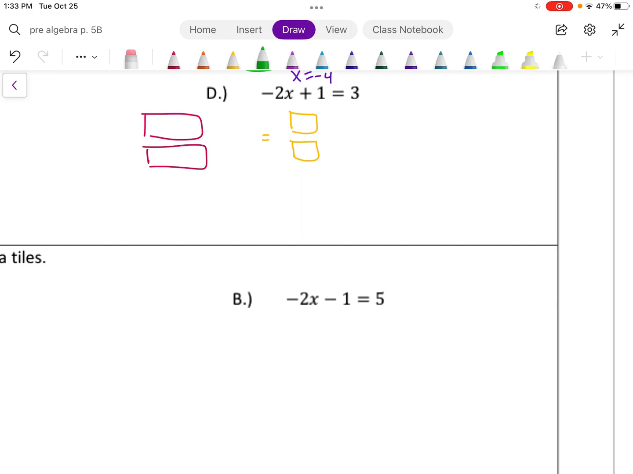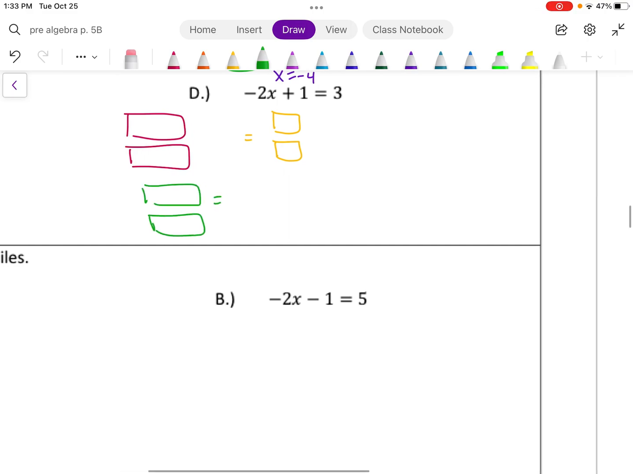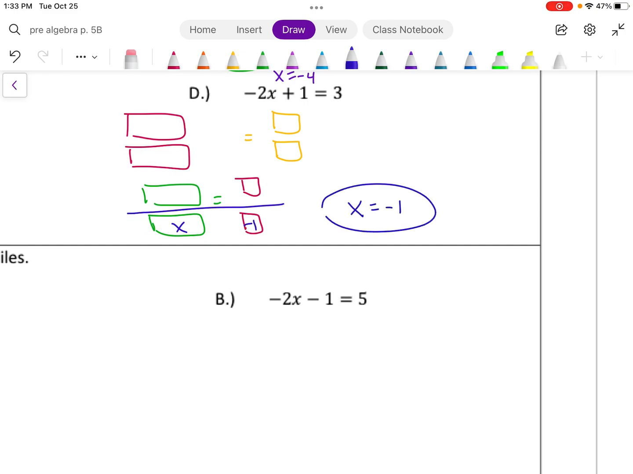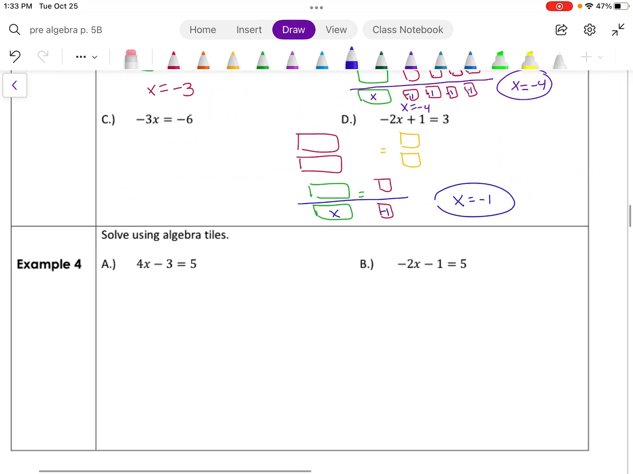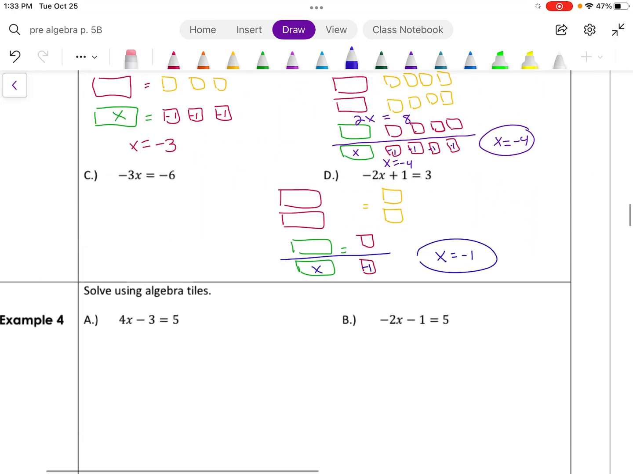So I want my x's to be positive instead of negative, so I'm going to flip them, which means I have to flip my 2 1s and make them negative. And now if I divide by 2, I see that 1x equals 1 negative. So x equals negative 1 is the x value that would make that equation true. All right, that's the last one that we will